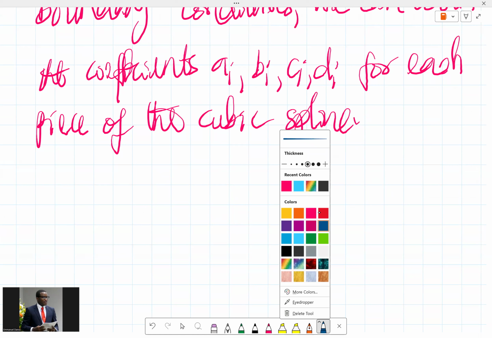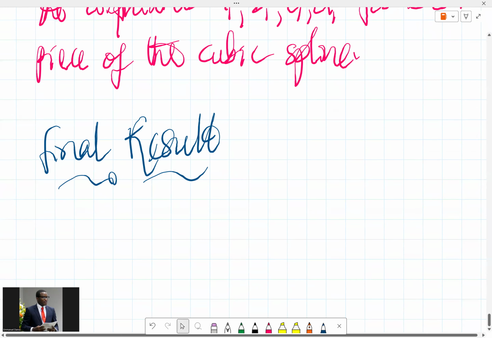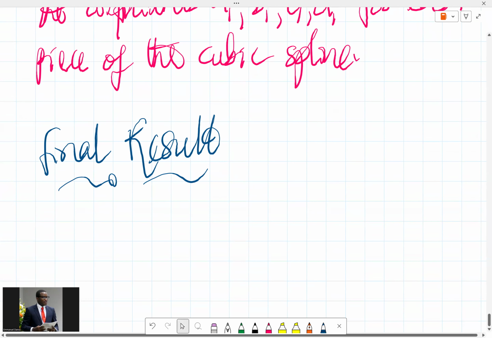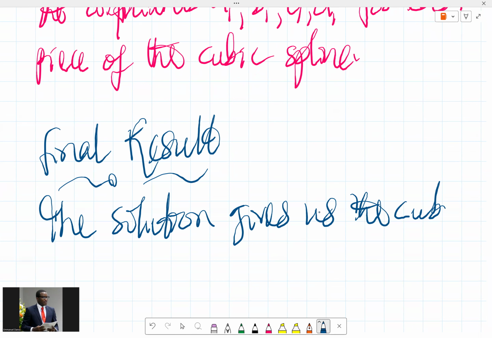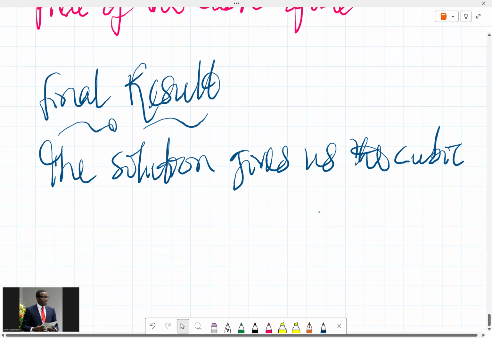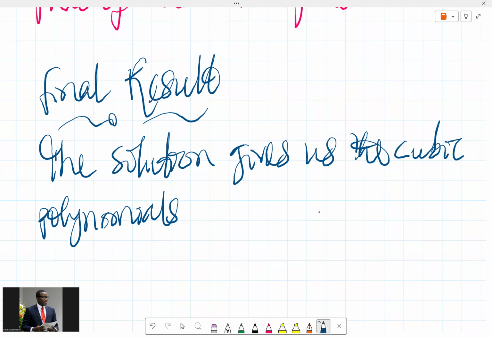After this, I'm going to show the Python code, which will help us understand all these things better. The solution gives us the cubic polynomials, starting from a knot and terminating at the next one. The solution gives us the cubic polynomials for each interval,